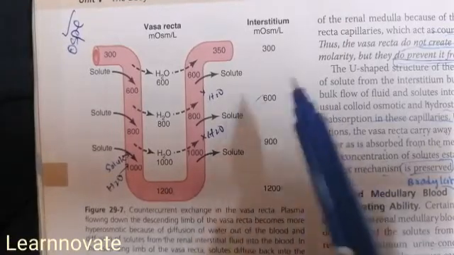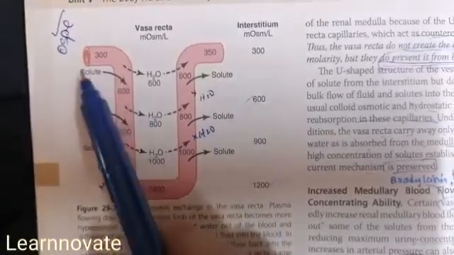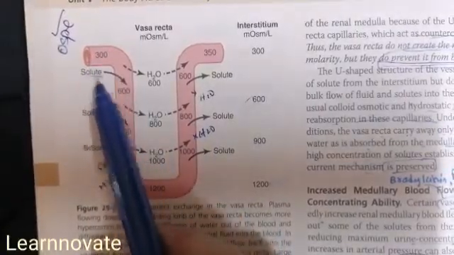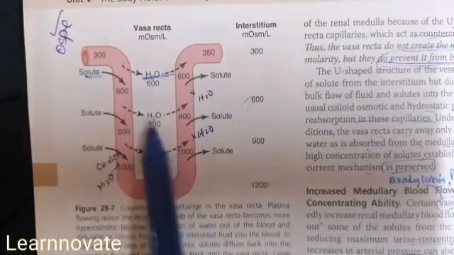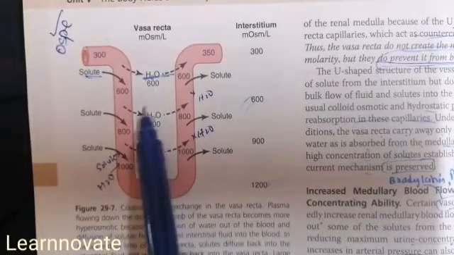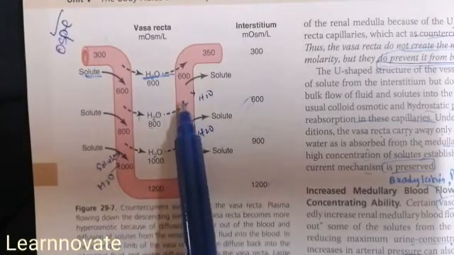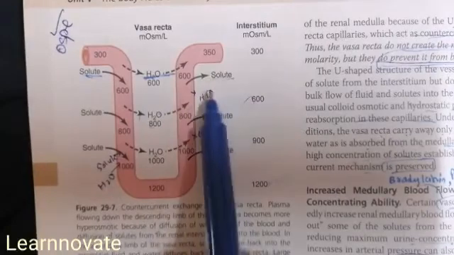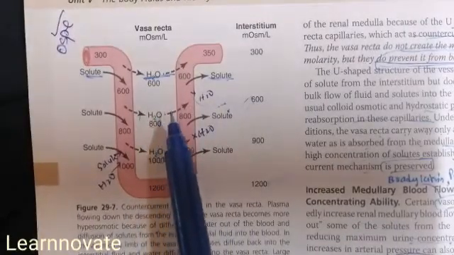First, the fluid, that is the blood, is coming through the vasa recta. It causes the reabsorption of solute, and there is a release of water from the blood into the interstitium. Then, when it reaches the ascending limb of the loop of Henle, there is a release and reabsorption of solute back into the medullary interstitium, while the water will not be released. It will absorb more and more water inside the blood, and it will go upward.